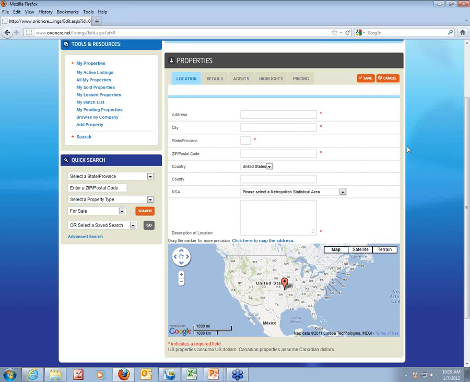All capital letters doesn't work. It doesn't help sell your property any better, and it looks really less than professional when you print out the flyer and everything. So put in the address, the city, the state, the province or